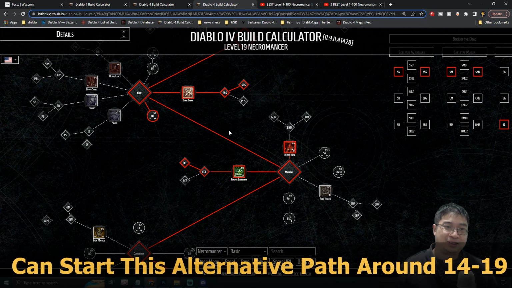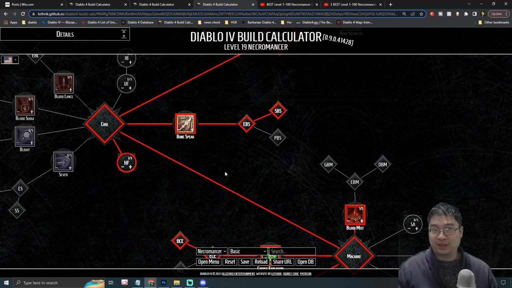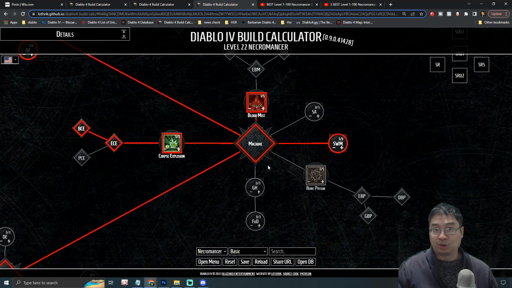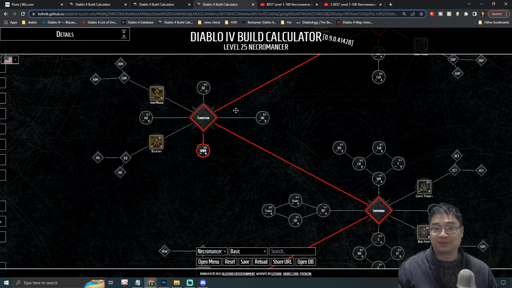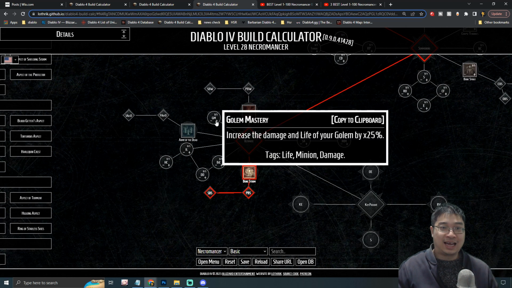Now, in case you guys are wondering, yes, we do have an alternative summoning build that can help us leveling too. So if you are going for the summoning build, I still recommend going with Decompose and getting to the Bone Spear at the start of leveling. But as you go further, you're going to go into the Skeleton Warrior summonings of the Mastery, and then you're going to come over to the Skeleton Mage Mastery. And finally, you do want to go into the Bone Storm once you're level 25 and get into the Golden